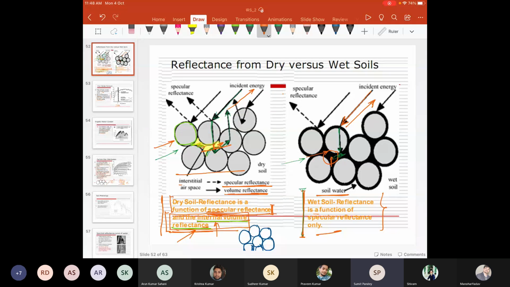Though there will be less reflectance due to internal volume from the bulk, due to the dominant effect of surface reflectance here, the overall reflectance from the small particle size soil will be more compared to the large particle size. So we can say that